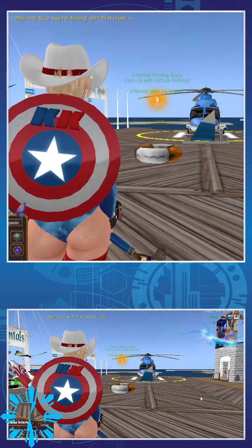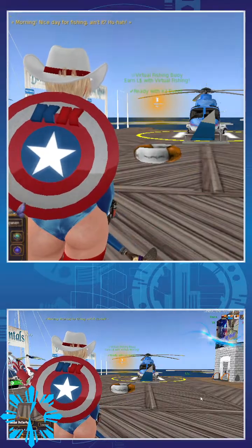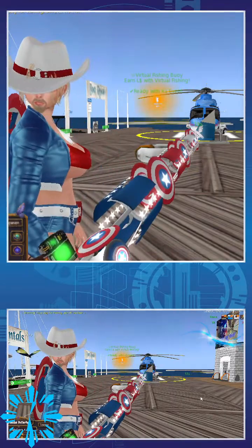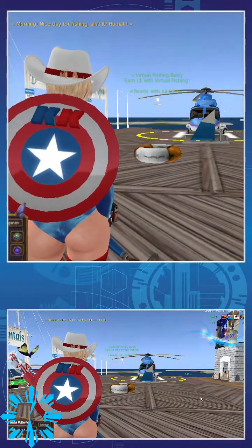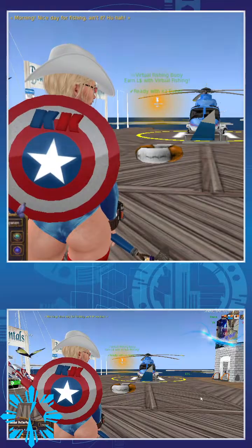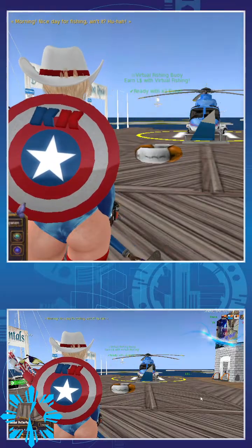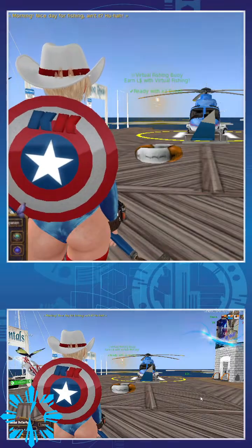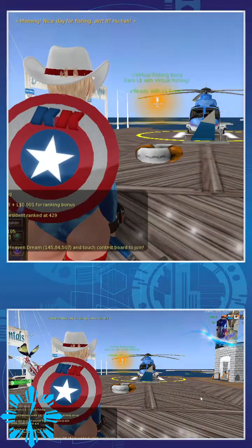So if you are in Second Life and you've heard of virtual fishing and you're wondering what the experience is, you are watching what the experience is. If you do decide to try out virtual fishing, this is virtual fishing in action.